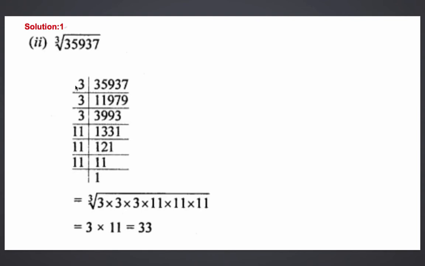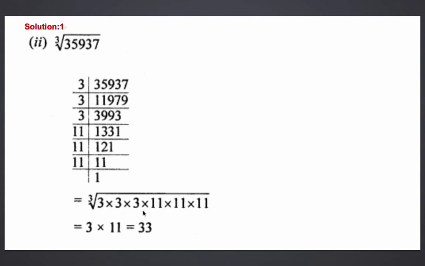So now the cube root of this number, can I write it like this? The cube root of this product of primes, right? So 3 is repeated 3 times, 11 is repeated 3 times. That means we will form the grouping. The digits that are repeated 3 times will come out from the cube root. 3 is repeated 3 times, so 3 will come out, multiplied as it is with the sign. 11 is repeated 3 times, so what will come out is 11.